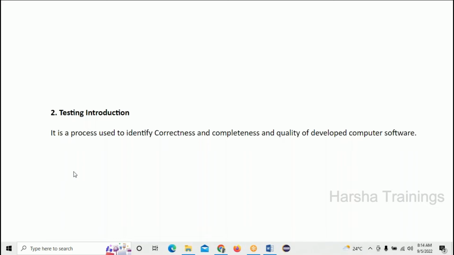QC. You can remember that shortcut, QC. If anyone asks about testing, it's a process to identify the correctness, completeness and the quality of the developed computer software. It's called testing. Okay. And next one is